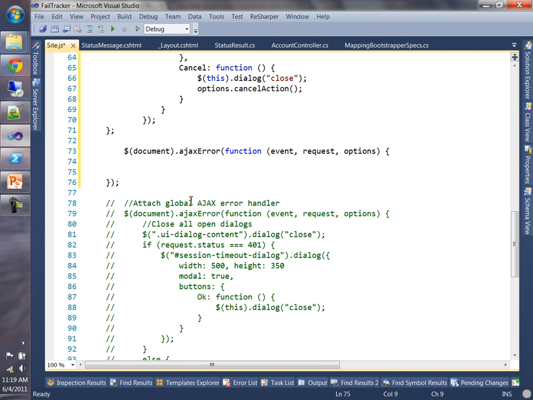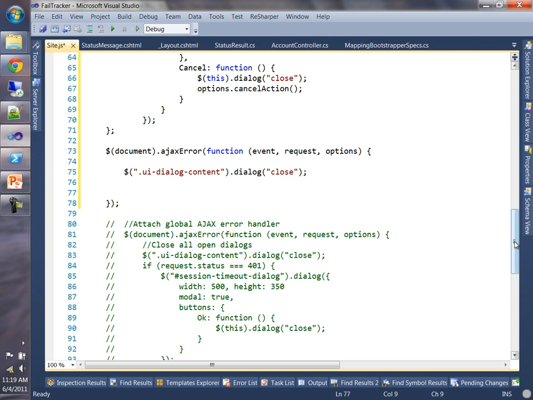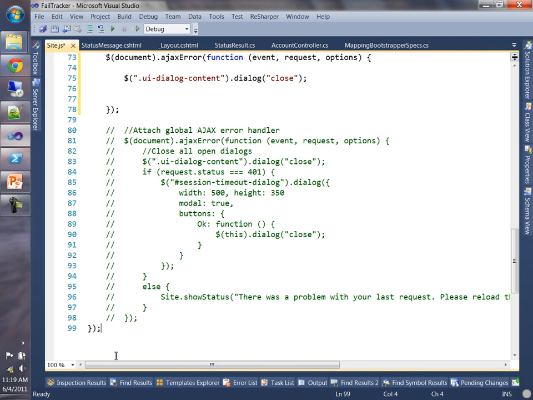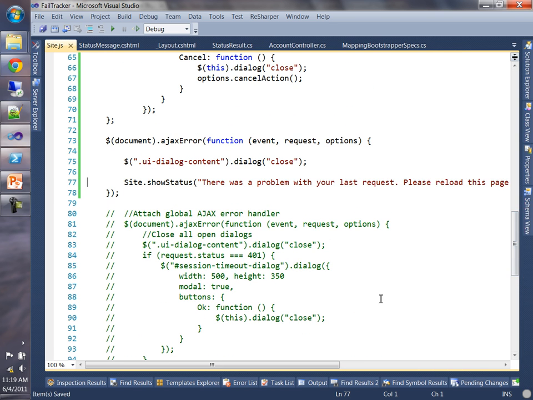All right, so what we've done now is we've tied in an event handler that's going to get called every single time one of our AJAX requests anywhere in the application fails. And we're going to, let's grab some code from here. So let's say .ui, dialog, content. So what we're going to do is if say the AJAX request was associated to a dialog window being shown in jQuery UI dialog, we're just going to go ahead and close those if there are any. And now we're going to display a status message. So we're taking advantage of that show status function that we've already got in our framework for displaying a message